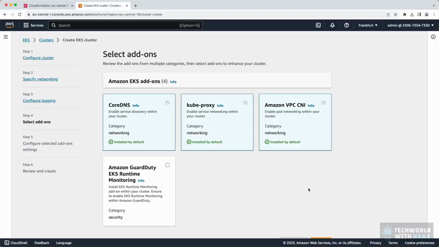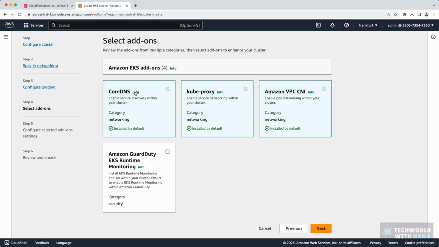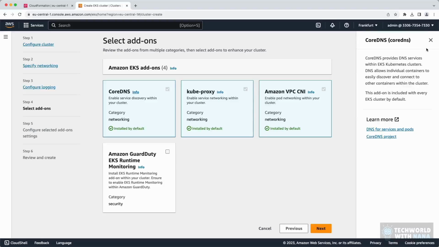And next, we have some Amazon EKS add-ons available to our cluster. CoreDNS is a Kubernetes process that is going to add DNS services to our EKS cluster. What this means is that this way we'll be able to use DNS names inside the cluster to communicate instead of just using the IP addresses. So it will help with IP address resolution when using the DNS names to address different services in the cluster. And this is a default service that is usually enabled on all Kubernetes clusters, and we will enable it here